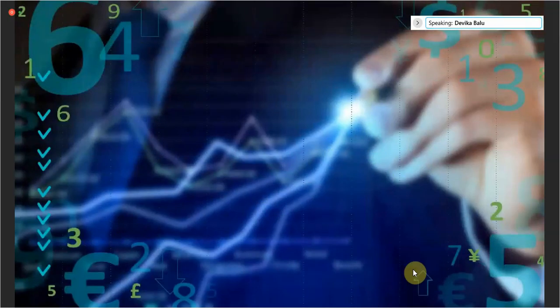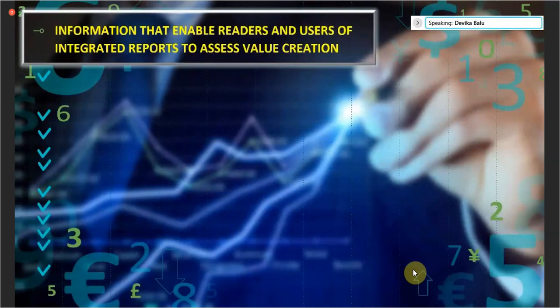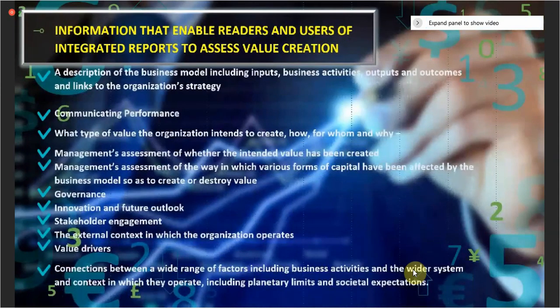Next, the information that enables readers and users of integrated reports to assess value creation. They have a description of the business model including inputs, business activities, outputs and outcomes, and links to the organization's strategy, communicating performance, what type of value the organization intends to create, how, for whom and why, management's assessment of whether the intended value has been created, management's assessment of the way in which various forms of capital have